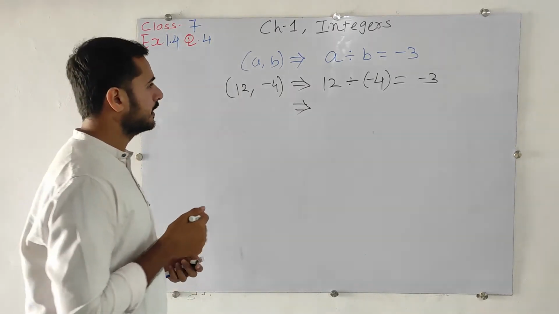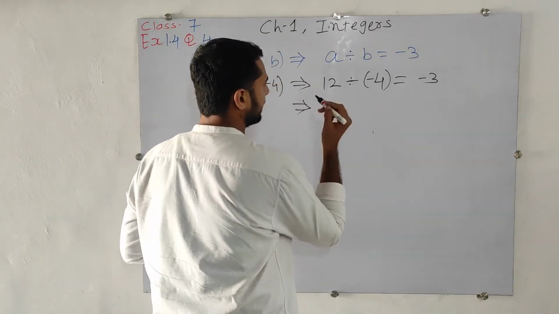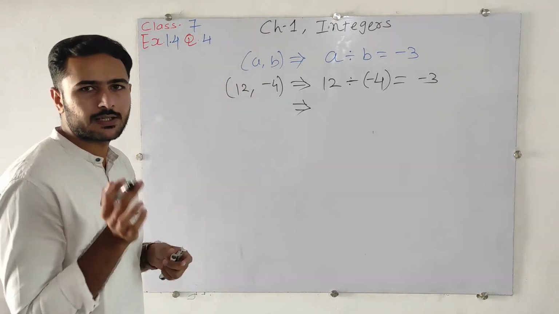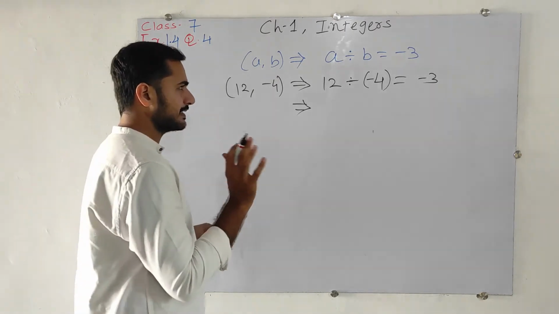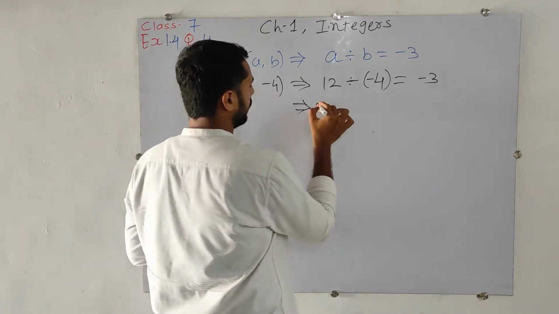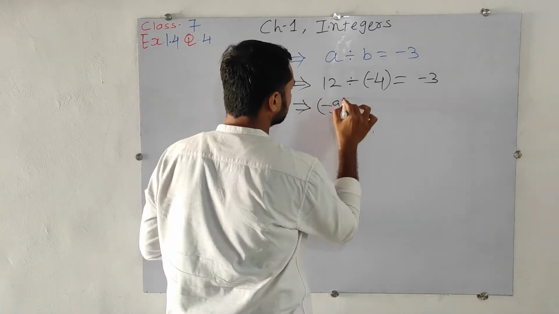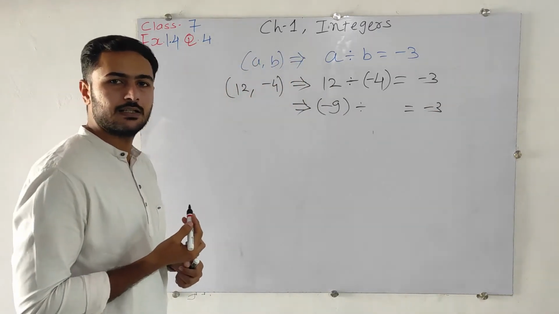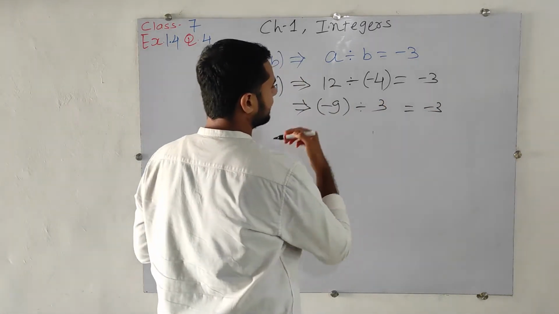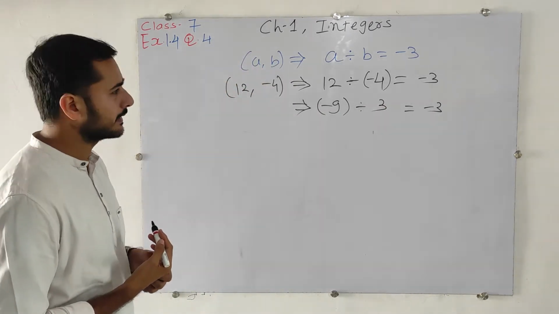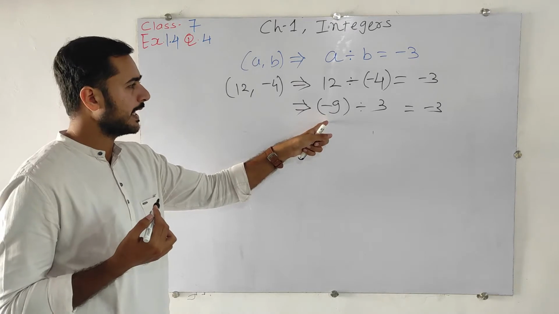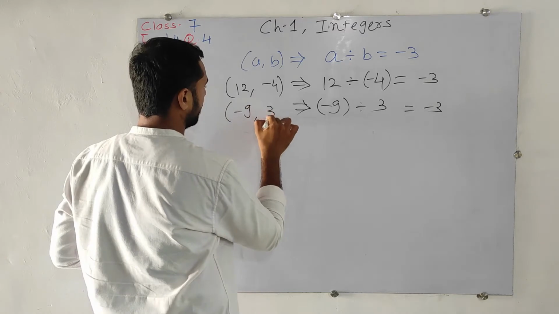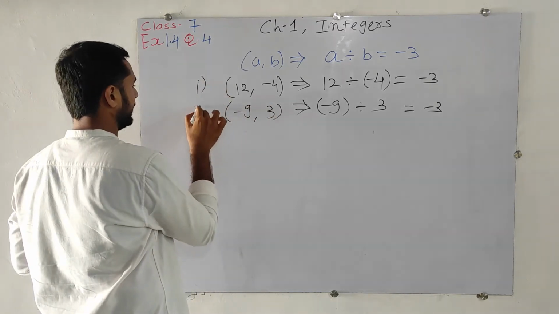Now the next. Let's select another number like minus 8. No, minus 8 is not possible. It's possible if we take fractions, but right now we don't want to go with fractions. We will just stay with integers. So let's take minus 9. What should I divide minus 9 by to get minus 3? 3 3s are 9. If I select 3 over there, then minus 9 divided by 3 is minus 3. So I write minus 9 and 3. This is the second pair.